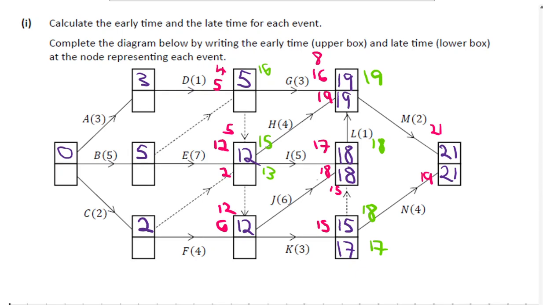So then we have 18, so going in this way, 18 minus J is 12, and then 17 minus 3 is 14. So 12 is the late time for that one, which means that has to be 12 there. So what's the earliest late time? This has to be 12, because we have to be gone by 12, and so that means the 15 and 13 will have to be done by then. And then we go back up, so that's 12,